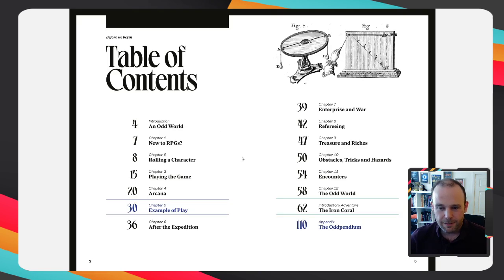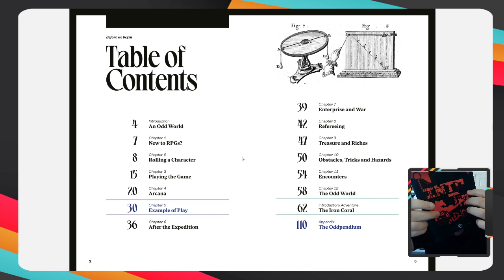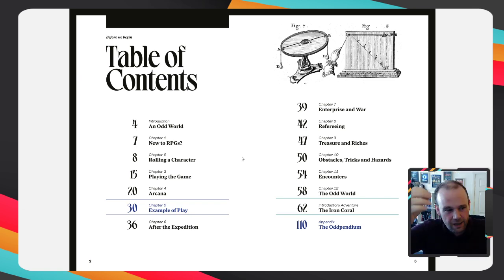So if you have previously played Into the Odd, the table of contents will look kind of similar, because I wanted this to be definitely a remaster rather than a revision. So it's a remastered edition in the sense that the previous version of the game, which was this very small softback book, was print on demand for a large portion of its life. I wanted to take that and blow it up into something that was a little bit more usable at the table, with a little bit more visual flair, but all the while preserving the original game,